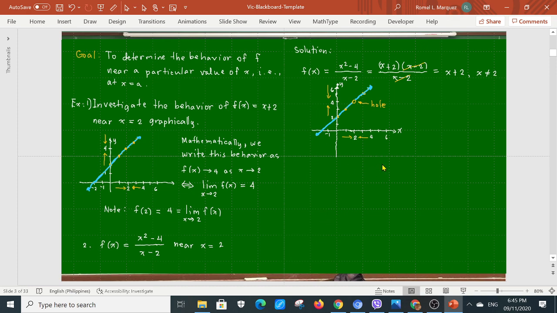Okay, but they are different functions, no? So again, how do we describe that behavior mathematically? We write,